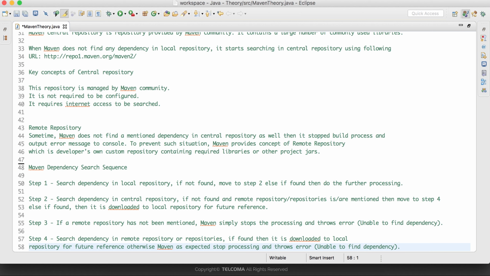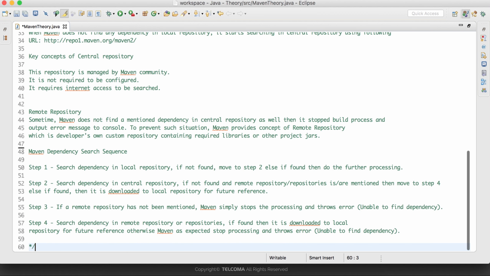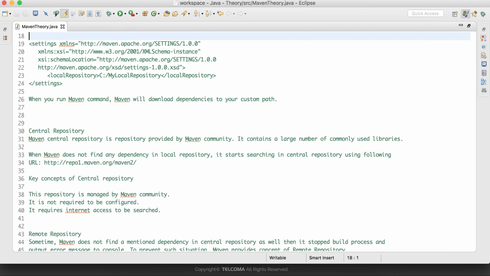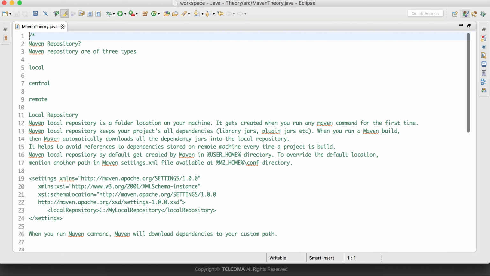And if that particular dependency is not available in the central repository, in that case it will go for the remote repository. It will see if the remote repository is mentioned. If a repository is mentioned, then it will download the dependency from the remote, else it will throw an error. So these are the three or four steps which Maven follows in order to search for the dependency. So in this tutorial we have covered the topic